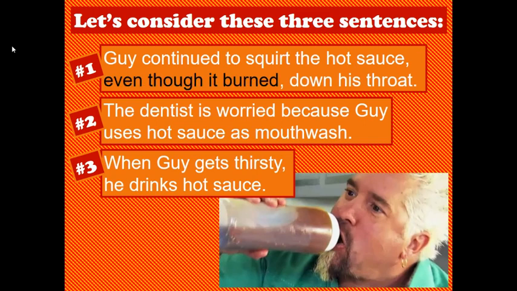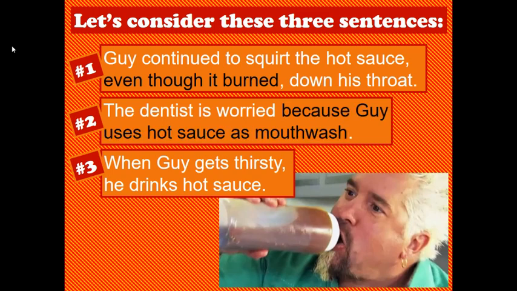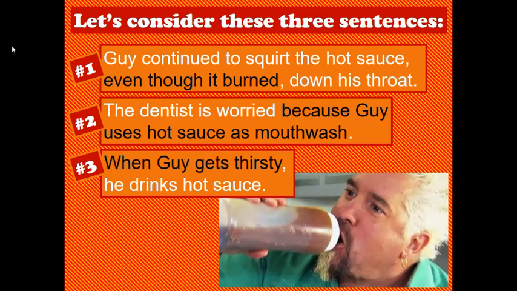Anyway, I want you to notice that there's a sort of interrupter in the middle of sentence one, even though it burned. And then I want you to notice that at the end of sentence two, there's this clause which says, because Guy uses hot sauce as mouthwash. And in sentence three, there's sort of this opening part which says, when Guy gets thirsty. All three of these are going to be examples of what we call an adverb or an adverbial clause. And so what we're going to look at is how we identify them, how we diagram them, and how we